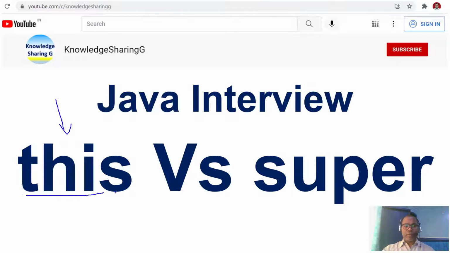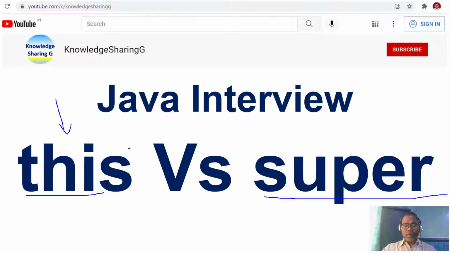Let's start. Today we are going to talk about two very basic and commonly used keywords known as this and super. Initially, whenever developers start using this and super, they are sometimes confused about the meaning of this, why we are using it, and what benefit it offers. So we are going to discuss with examples how you can use this, and the different situations and scenarios.